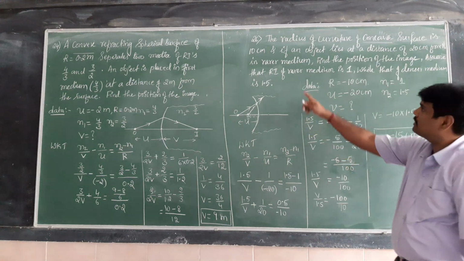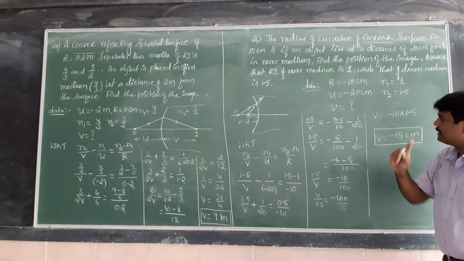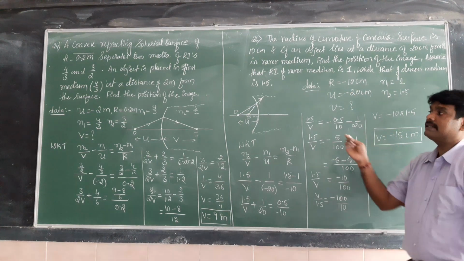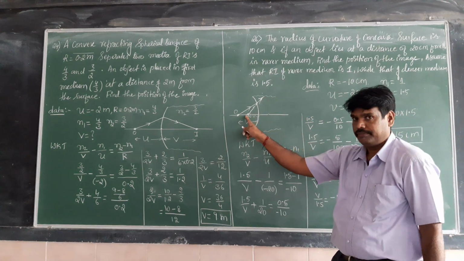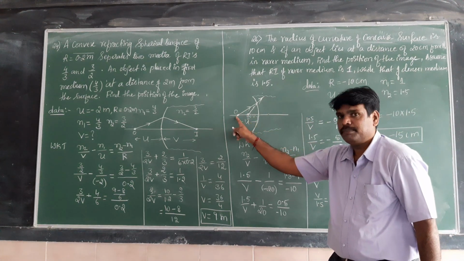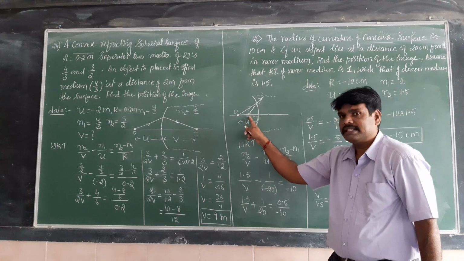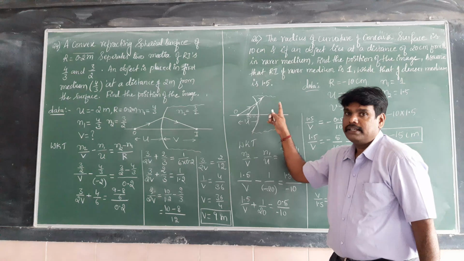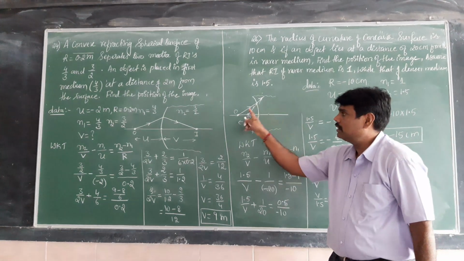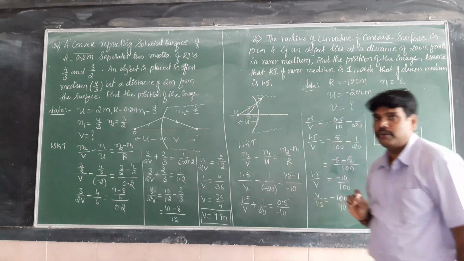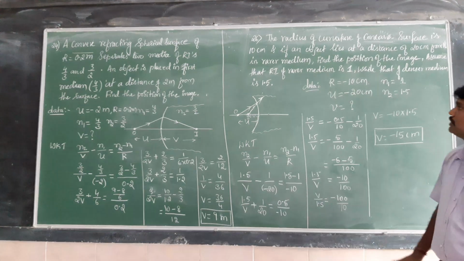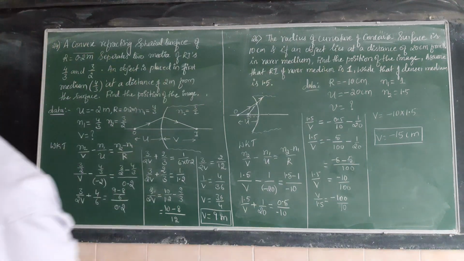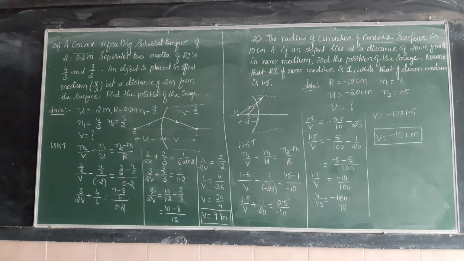At a distance of 15 centimeter, if the object is placed at a distance of 20 centimeter, the image is formed at a distance of 15 centimeter in the same medium, because it is virtual. Wherever the object is placed, in the same medium image is formed, but it is virtual because the refracted ray is in denser media. The incident ray is in rarer media. That is a very important thing. So these concepts are very important. So I will go for the next problem.